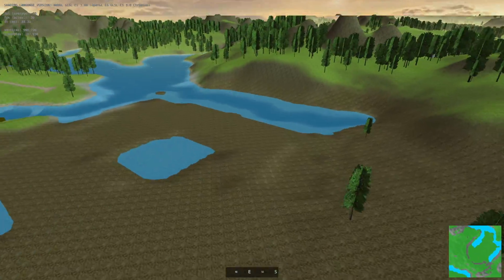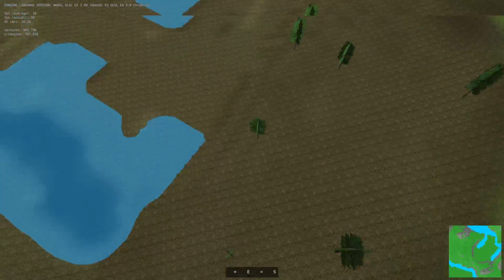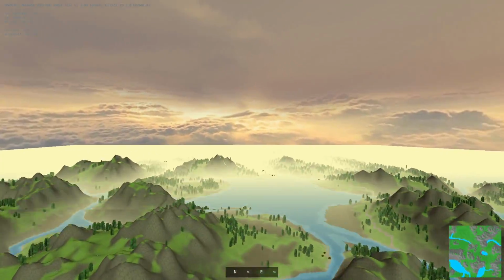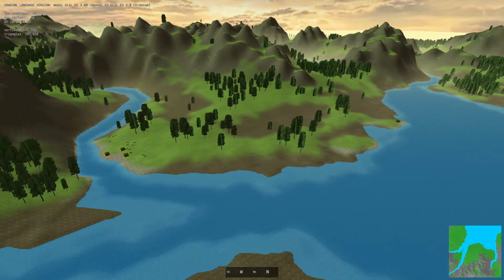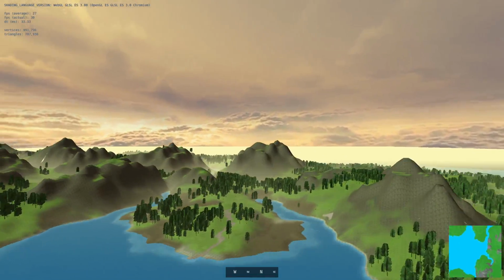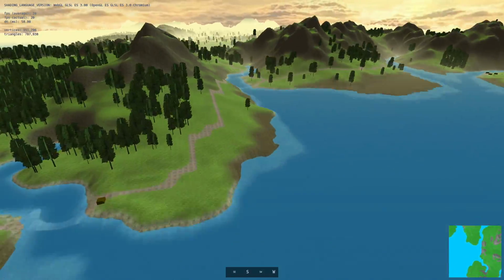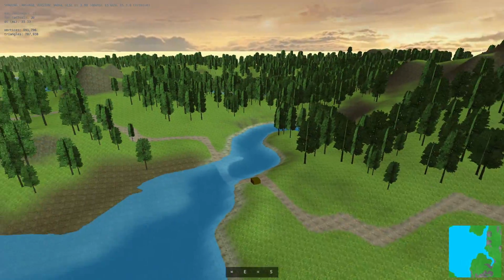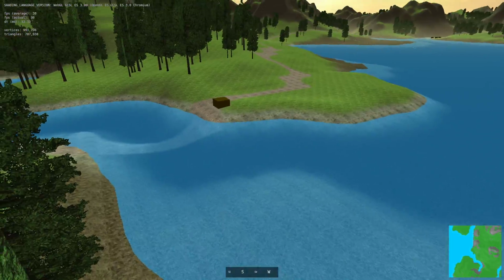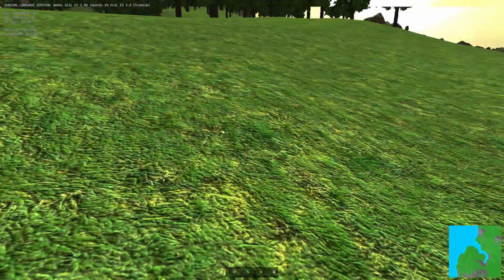Oh yeah, I also got in swamps now. Here's a better example over here of how they're supposed to work. They're generally flat areas, and the generation is meant to make them have puddles and stuff, but it doesn't quite work yet. Also, shading on the buildings,